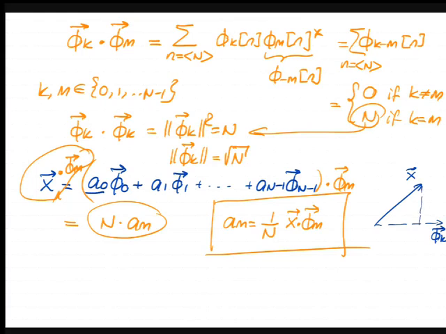How do you do projection? You take an inner product of x with phi k, and if it has unit amplitude phi k, that inner product will give you this length, right? In this case, we have to correct it by n, but really we are doing an inner product to project x onto phi sub k. So this is our analysis equation. Okay?